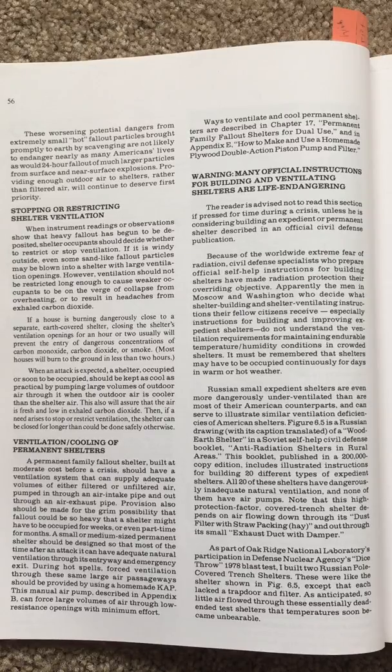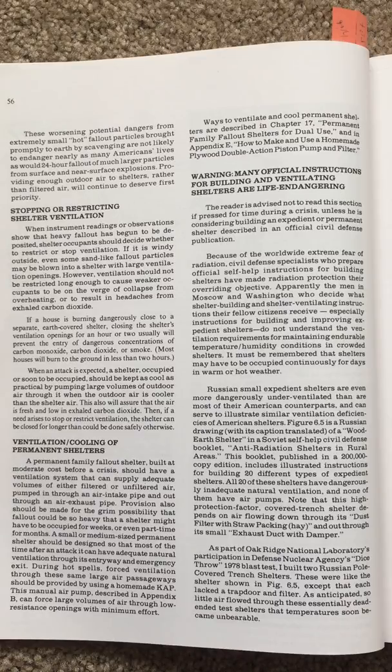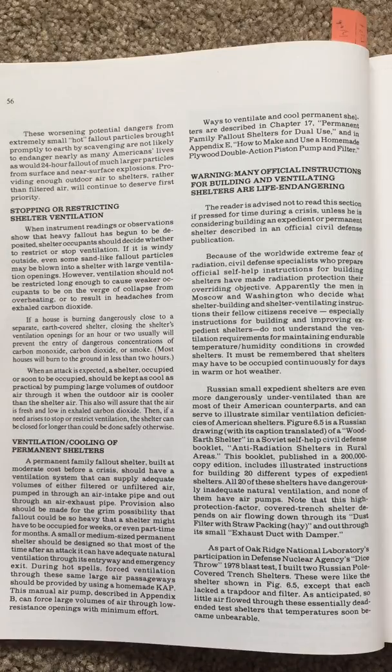The reader is advised not to read the section if pressed for time during a crisis unless he is considering building an expedient or permanent shelter described in the official civil defense publication. Because of the worldwide extremes of fear of radiation, civil defense specialists who prepare official self-help instructions for building shelters have made radiation protection their overriding objective. Apparently, the men in Moscow and Washington who decide what shelter building and shelter ventilating instructions their fellow citizens receive, especially instructions for building and improving expedient shelters, did not understand the ventilation requirements for maintaining endurable temperature and humidity